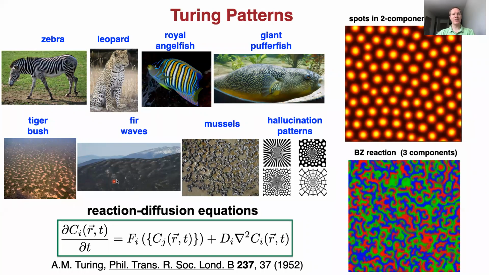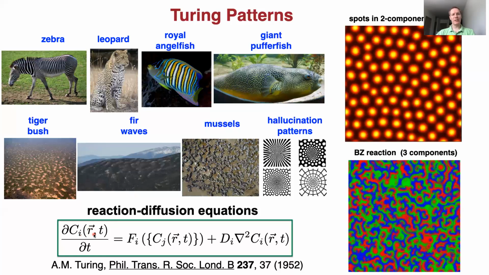So if you go very high to the mountains, this is a forest made of fir wood, and you can see that the density oscillates. So again, and you can even find them on beaches. So these are patterns of mussel shells, mussels, and even hallucination patterns can be described with the same formalism. And Alan Turing figured out that many of these patterns can be